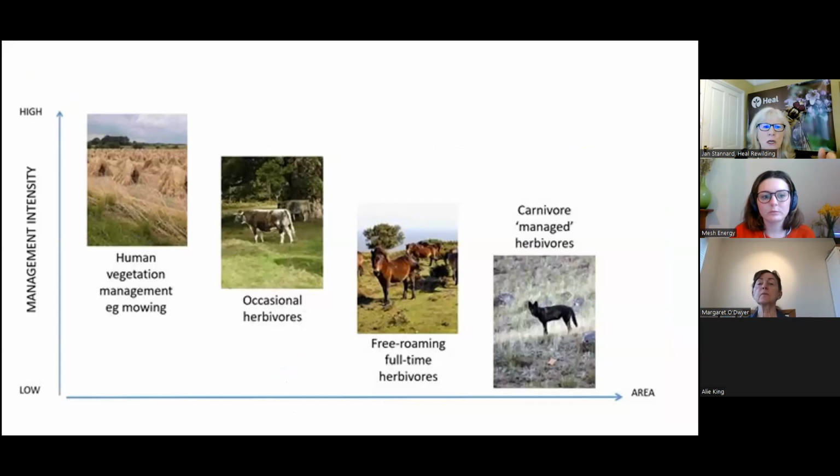If you've got a small area, on the left-hand side, you need a high level of management. So even if you're rewilding, you will still need to go in there and do conservation-type techniques, because the land needs to be disturbed, things need to be broken off, things need to be crushed, things need to be rootled. So you can't get away with it, as some people say, "I've bought a field and I've walked away."